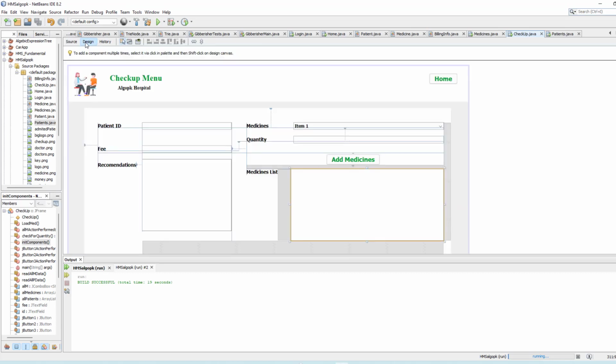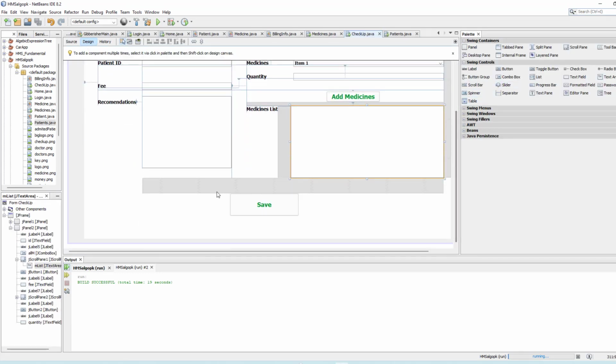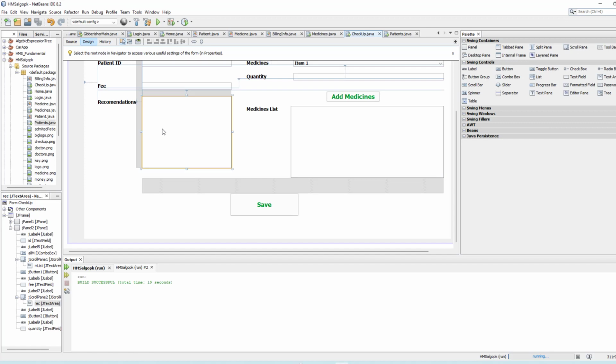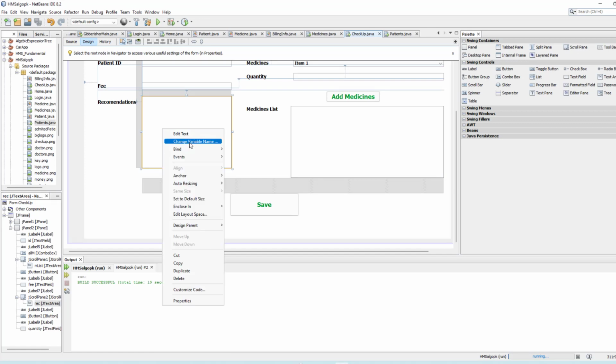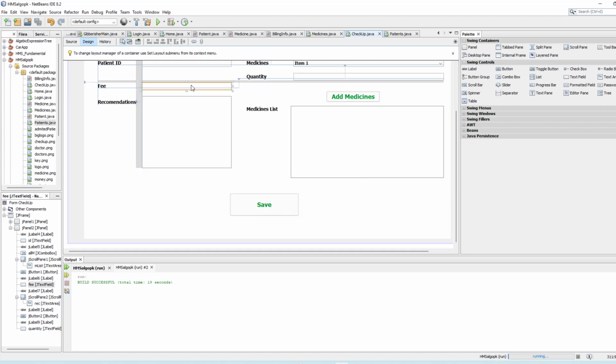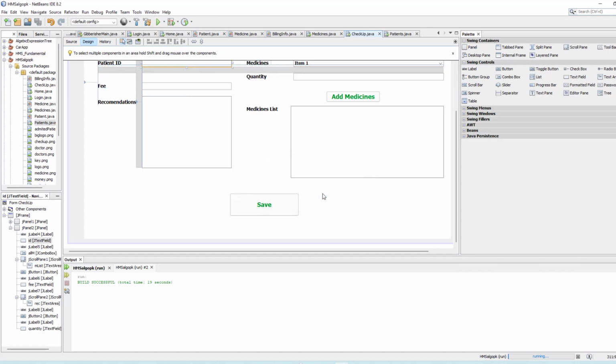Now it's time to work on this checkup function, save data function. So when I click on this function, first of all you need to change all the variable names, like set it to recommend. Okay, and set this variable name to fee, and set this variable name to ID. Okay,